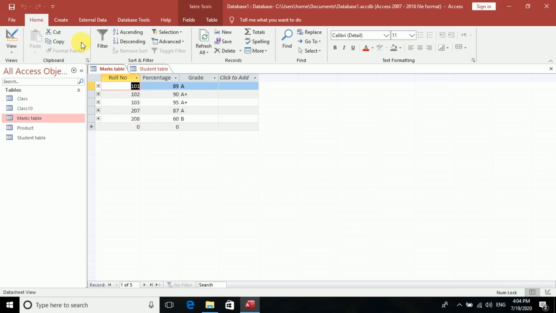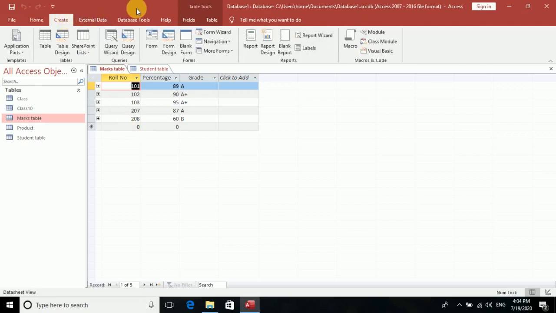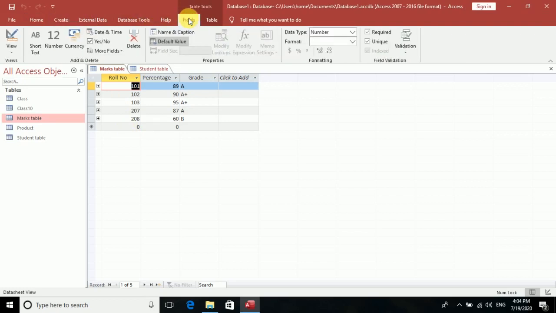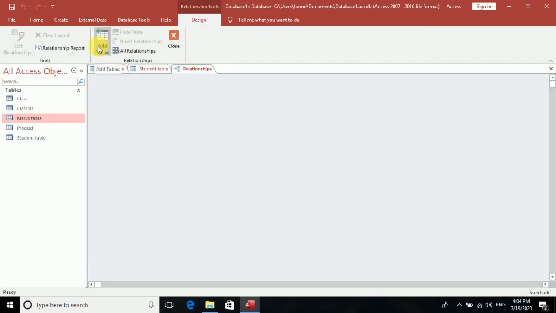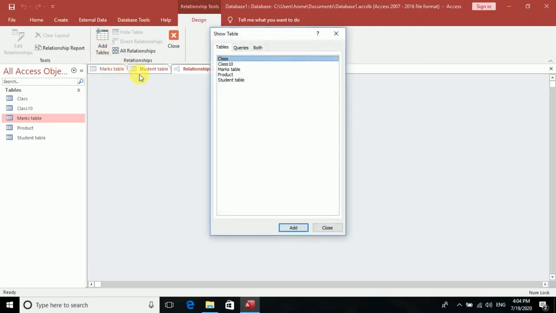Now how will you create a relation? Click on the database tools. In that you will click on relationships. As you click on relationships, you have to add the tables. So you will click on add table, like the marks table and the student table.